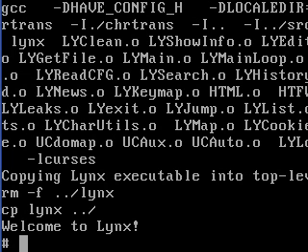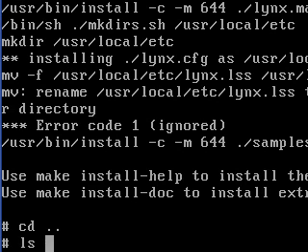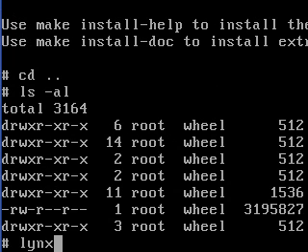Okay, and we're back, and Links has been compiled, and now we can install it. Make install. That, as you can see, is very quick. So, Links is now installed. We can go